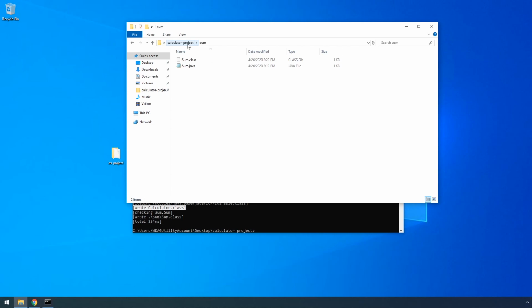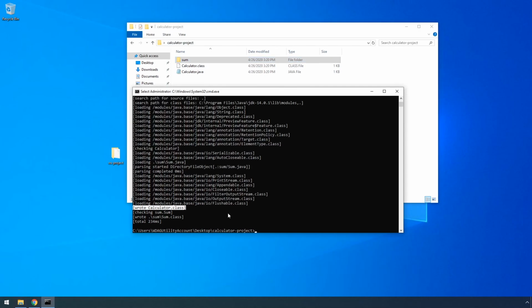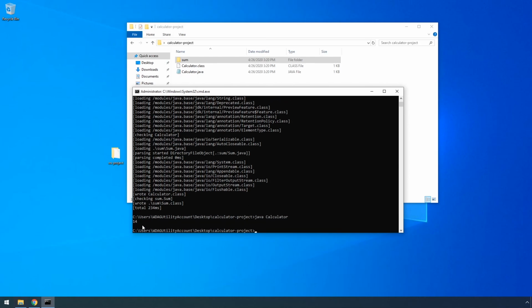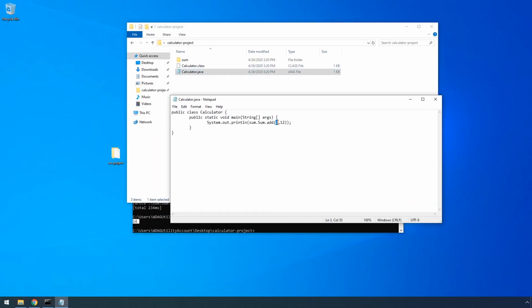So it had to have that already compiled. So now the only step remaining is I will execute those steps, and here is the sum of the two numbers that I used in the calculator, like 2 and 12.